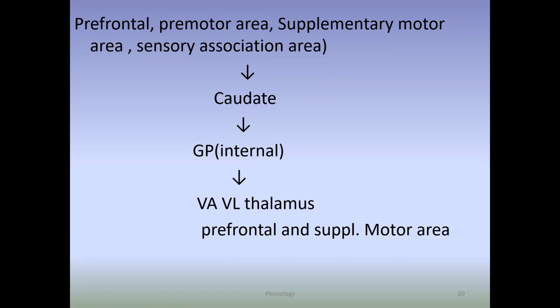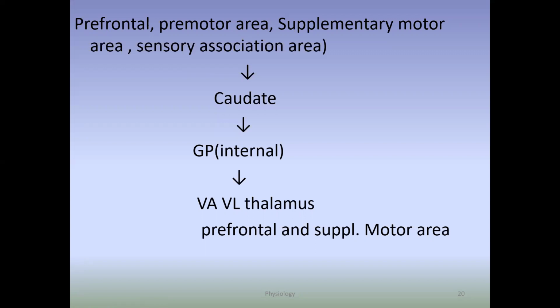The main function of the caudate circuit is cognition. Now, what is the meaning of cognition? It is nothing but the thinking process of the brain. I will describe this in the functions of the basal ganglia in the next lecture. What are the functions of the basal ganglia? In that, again, we have functions of the putamen circuit and functions of the caudate circuit. So just remember that the putamen circuit function is subconscious execution of learned patterns of movement, while the function of the caudate circuit is cognition, that is the thinking process of the brain.